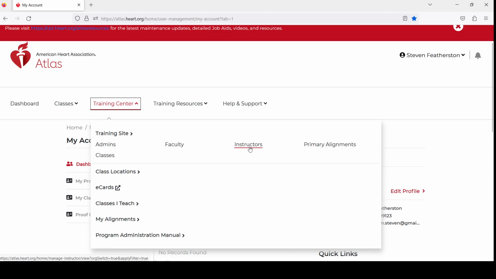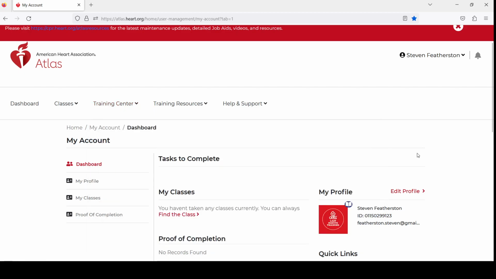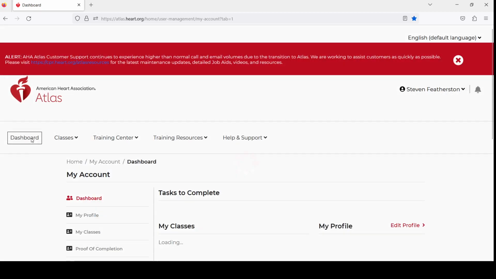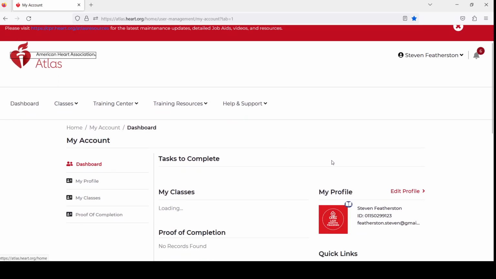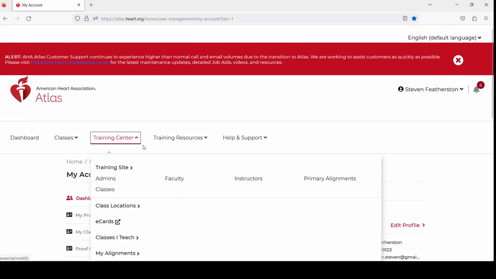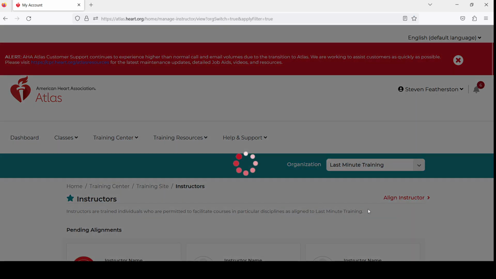Now, that's how everything goes if it all works according to plan. They are then aligned with the discipline, current card, right? You can send them cards, and there's a couple options there. So going back to Training Center, I go back to these instructors. Oh, actually, I just saw those things finally pop up. Did they pop up? I saw something load. No such luck. Okay, I was hoping to be able to show you guys that. So going back to instructors,